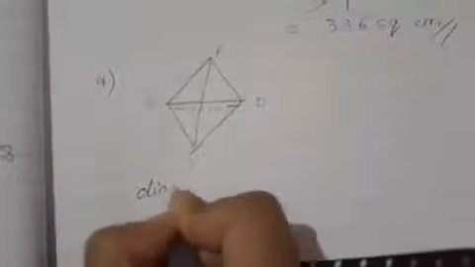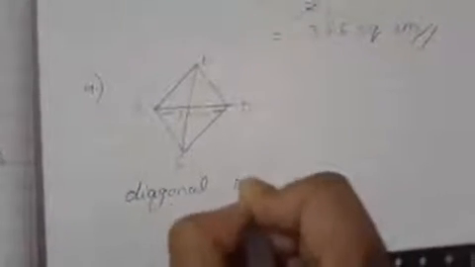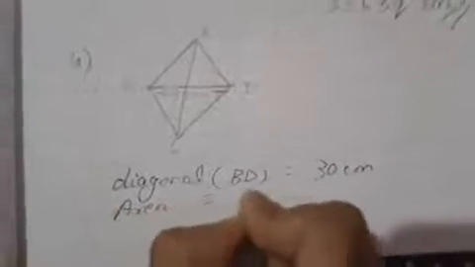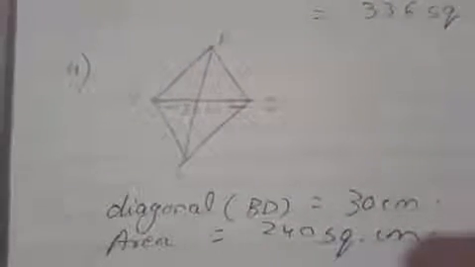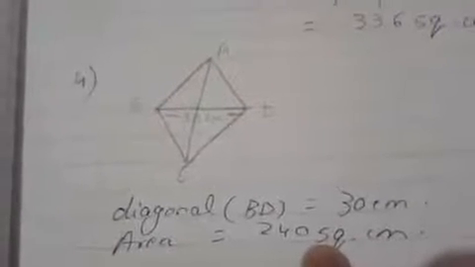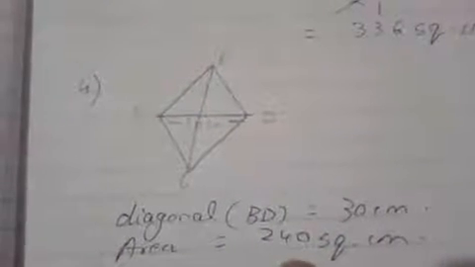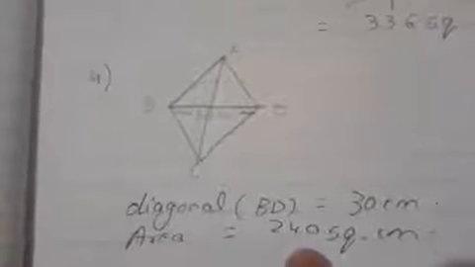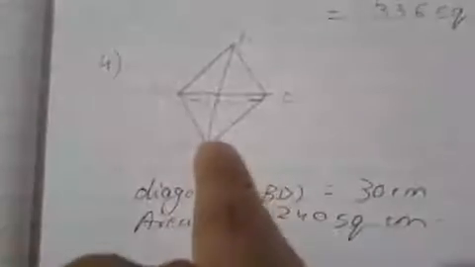So now what is given? That means diagonal is given. So diagonal, that is BD, it is given as 30 centimeter. Okay, the area is given. What is the area? It is 240 square centimeter given to us. Okay, so now they are asking us to find the perimeter, but first what is given that we have to find? They are giving us the area, that is 240 square centimeter. What is the formula for area of the rhombus? It is half into product of its diagonals. One of the diagonals is given and area is given. Can you find the other diagonal?